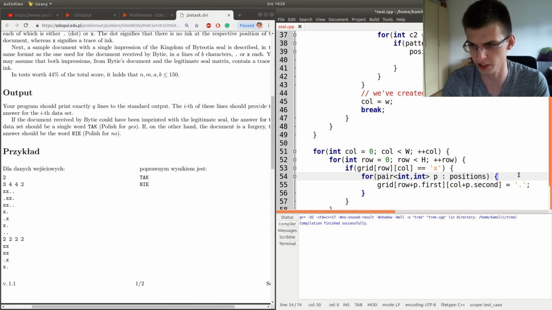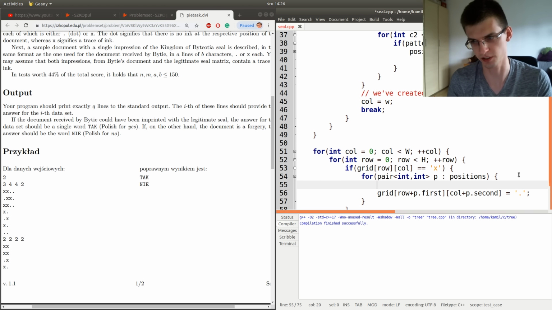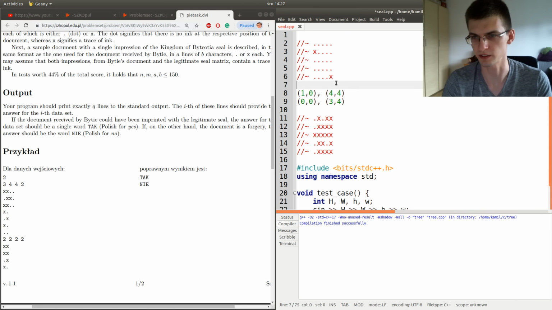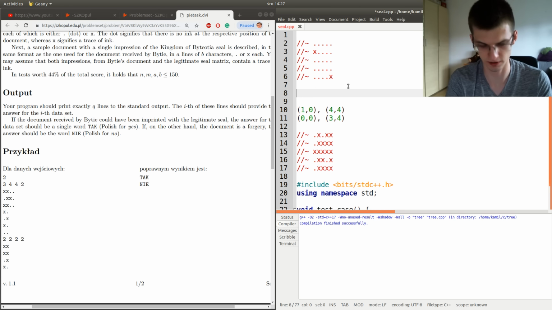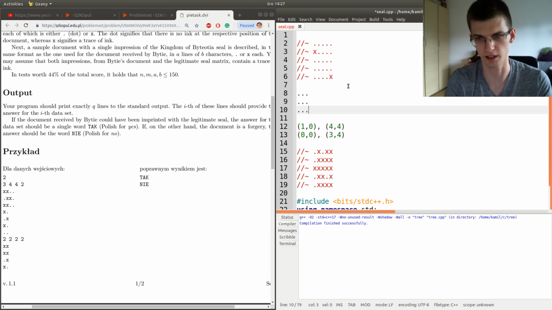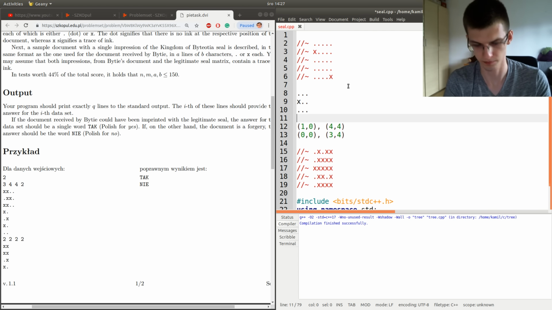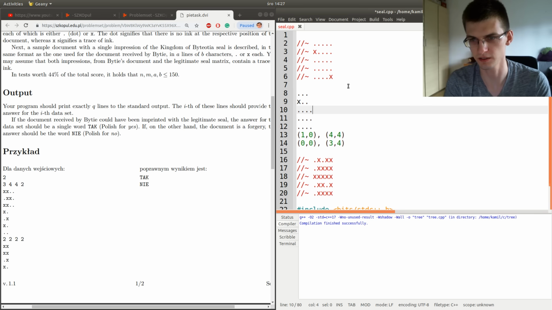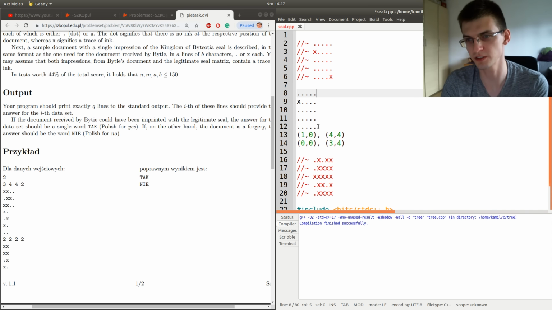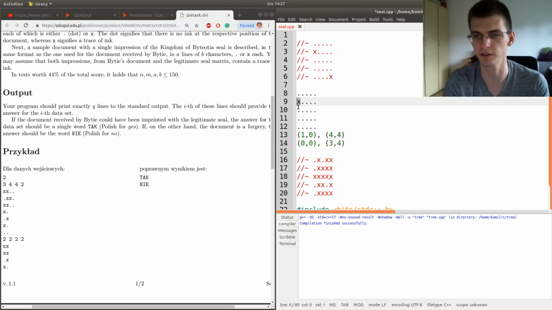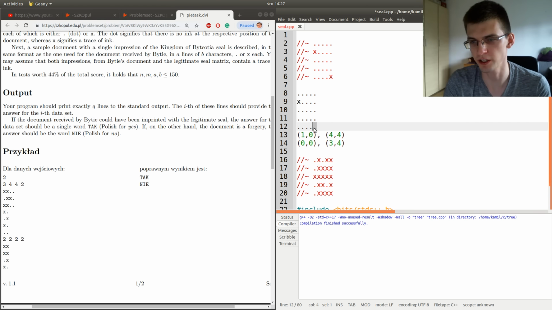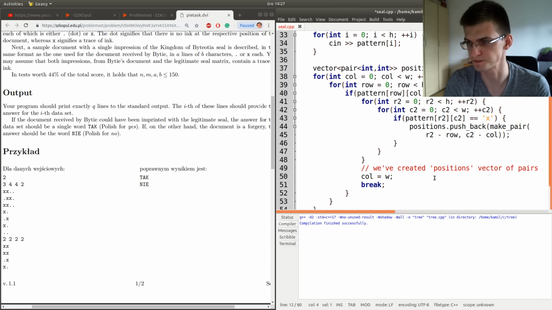But also we must check if this position contains an X. For example, for this pattern, if the big matrix just contains, let's say, one X here, and only empty cells except for that, then the answer will be no, because there should be an X here when we put the pattern with leftmost X here. So if there is no X here, we should print no.